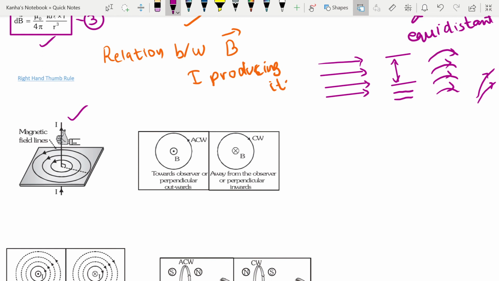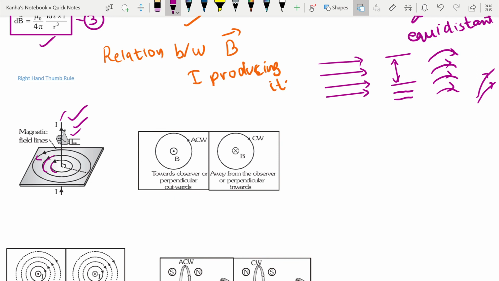So what you imagine is, you imagine this to be the current going up. You place your thumb in the direction of the current, okay, and then you curl your fingers around whatever you imagine it to be, maybe a rod or a thin wire. Okay, you curl your fingers around it, and the curling pattern gives you the field pattern that is there. So in this case, you have curled your fingers around this straight line. Okay, so your magnetic field lines are circular like this. Also, the direction is also given by this.